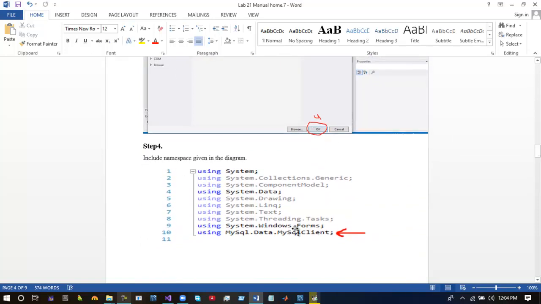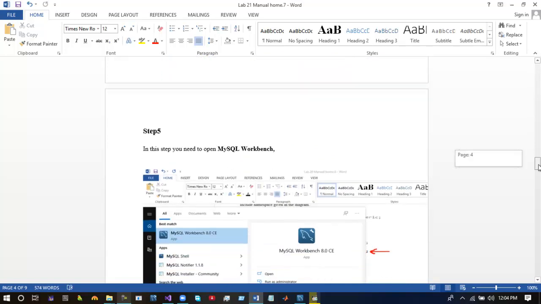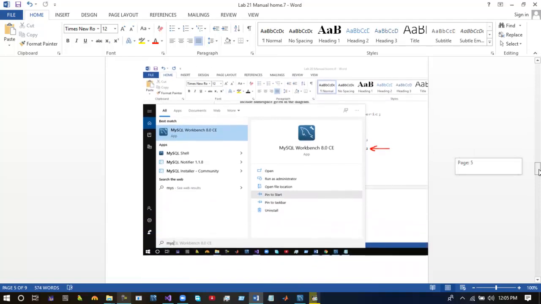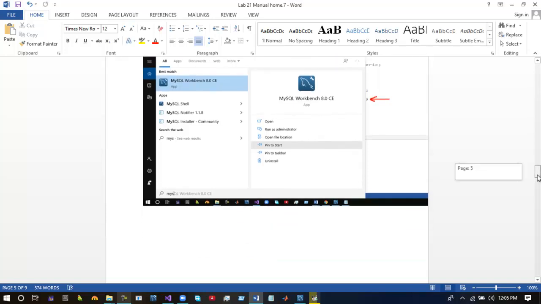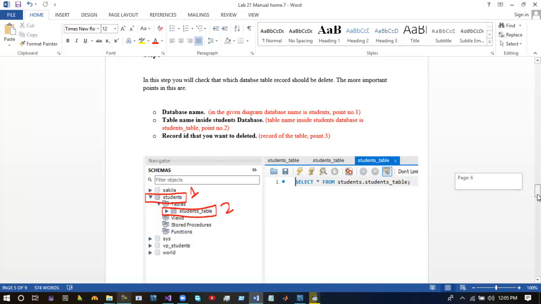Step number 4 is the coding section, where you need to insert the namespace using MySQL.Data.MySqlClient. In step number 5, you have to open your MySQL Workbench, where we will see whether deleting data is working properly or not.